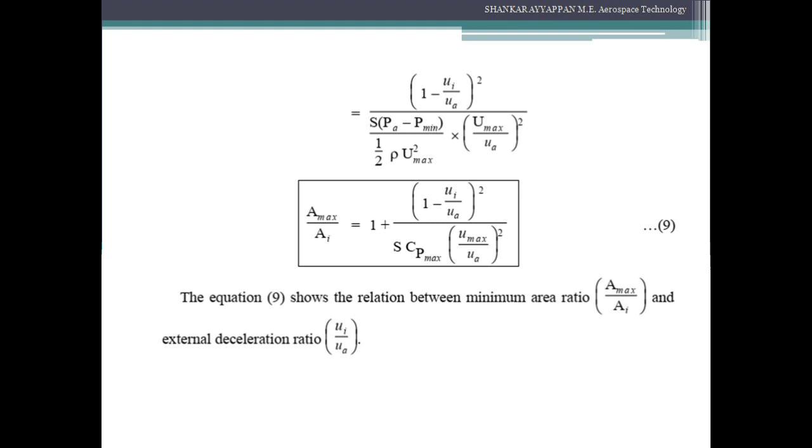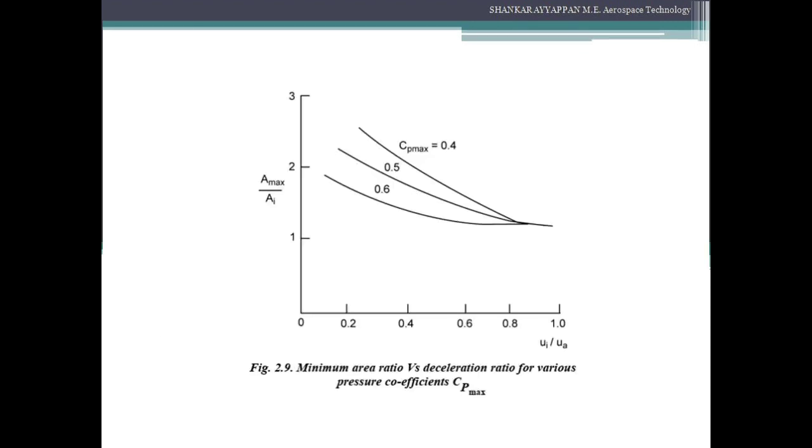Replacing the Ua squared term and U max squared term in the denominator by the pressure coefficient expression, the term Pa minus P minimum divided by half into rho into U max squared is equivalent to Cp max. We get the final expression: A max by Ai equals 1 plus 1 minus Ui by Ua, the whole squared, divided by S into Cp max into U max by Ua, the whole squared. Equation 9 shows the relationship between the minimum area ratio A max by Ai and the external deceleration ratio Ui by Ua. Using equation 9, we get a graph of minimum area ratio A max by Ai versus deceleration ratio Ui by Ua for various